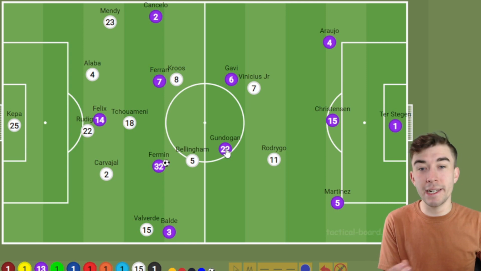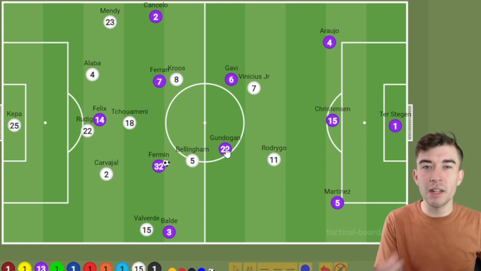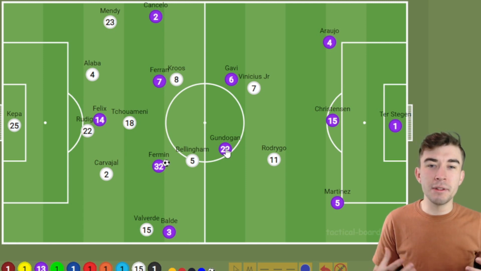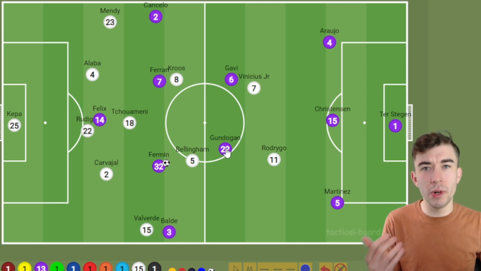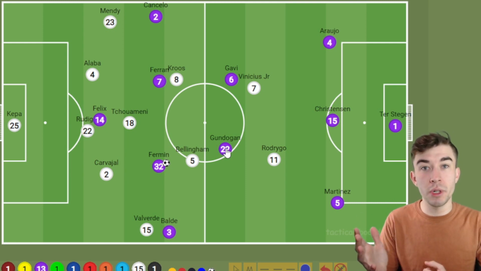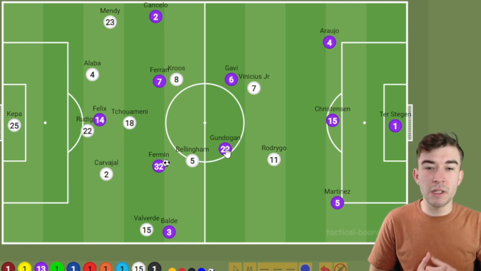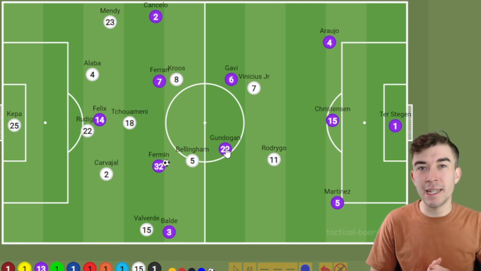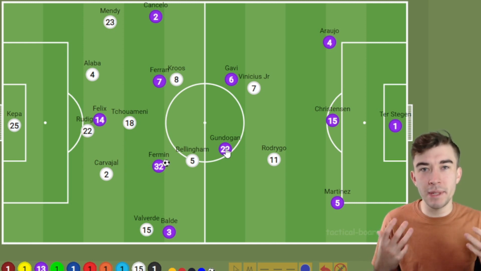The problem that they had was that they just lacked a killer instinct in the final third. A proper striker, for example, and perhaps just a pure quality in the final third. I don't mean to be disrespectful here, but when we talk about Vinicius Jr., Rodrigo, Jude Bellingham for Real Madrid, that's a lethal front 3. In my opinion, a João Felix, Ferran Torres, Fermin Lopez attack doesn't bring the same danger and the same threat